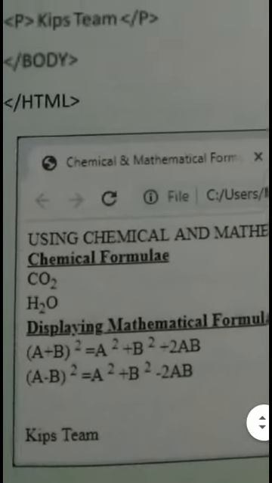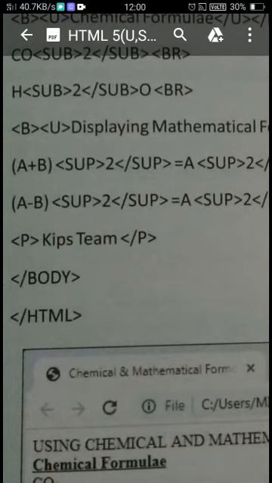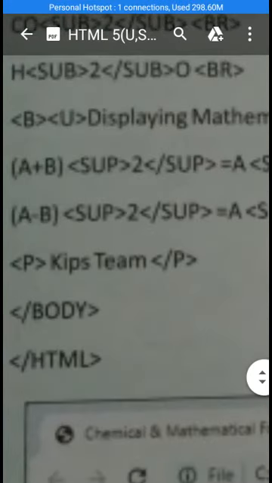In that case you can use the sup tag. Here I am showing you a plus b. After that 2 is coming above the baseline, that's why we have written the 2 in the sup opening and sup closing.